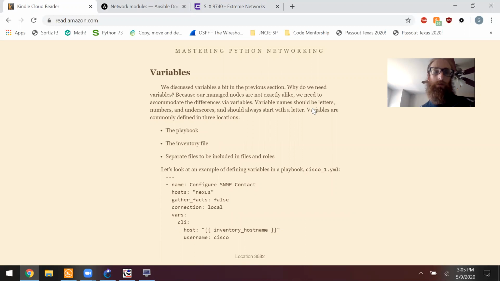Variables. We discussed variables a bit in the previous section. Why do we need variables? Because our managed nodes are not exactly alike. We need to accommodate the differences via variables. Variable names should be letters, numbers, and underscores, and should always start with a letter. Variables are commonly defined in 3 locations: the playbook, the inventory file, and separate files to be included in files and roles. Let's look at an example of defining variables in a playbook,